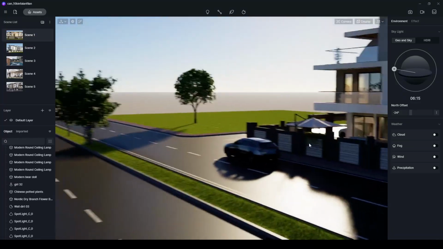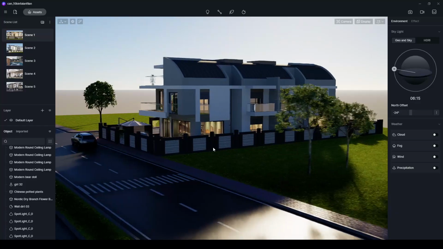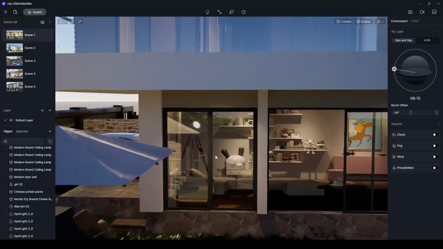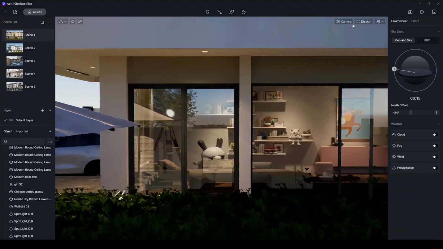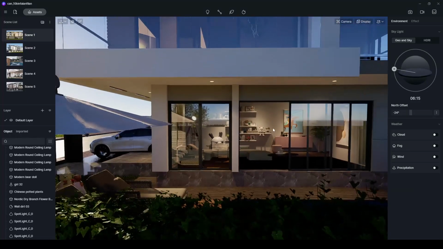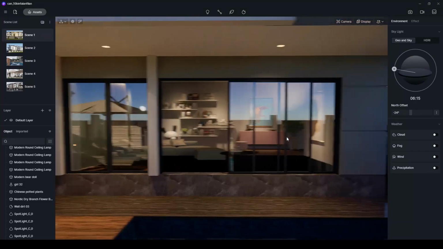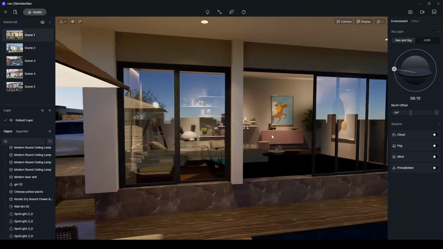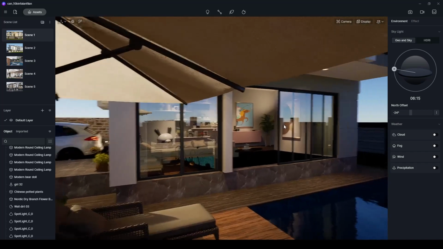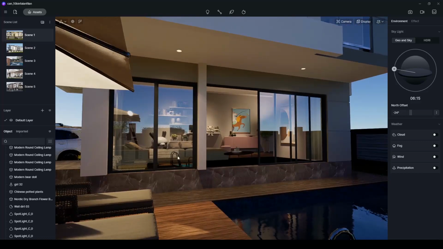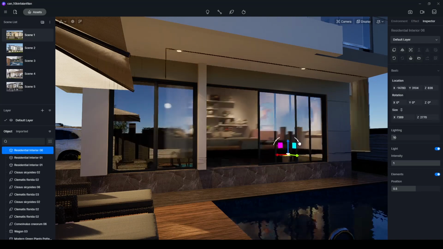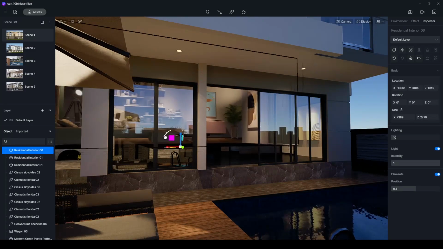Alright. Now I want to show you a very interesting thing. Can you see the inside of the building? We can see objects and lights, and they are 3D. Are they? No, they are not. This is only a 2D image and they call this a parallax image. It's very useful for your renders. Can you imagine that? You don't have to model all of the interior scene. You will only place this plane and then we are ready to render.